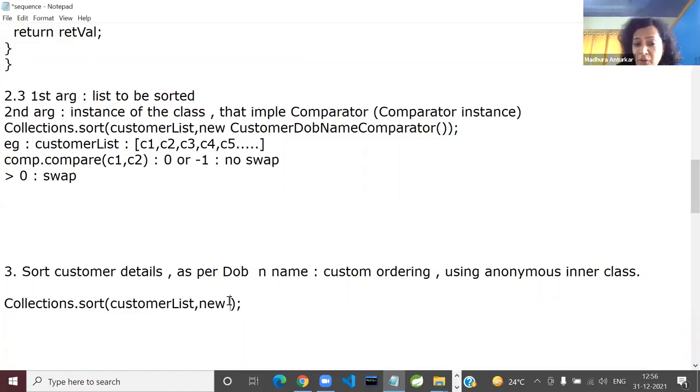No. Now here comes the name of the interface which you want to implement. Which interface do we want to implement? Is it Comparator or is it Comparable? It is Comparator. So see the syntax: new Comparator. Now, Comparator is a generic interface, so angle brackets, Customer.